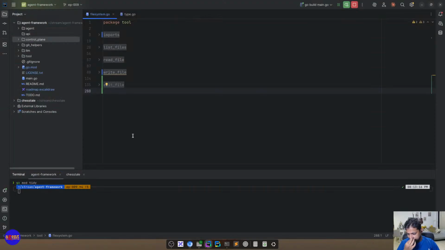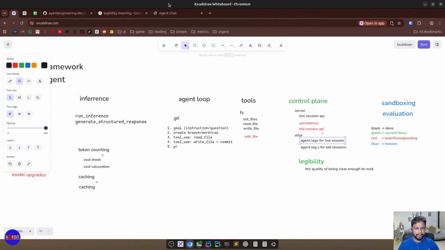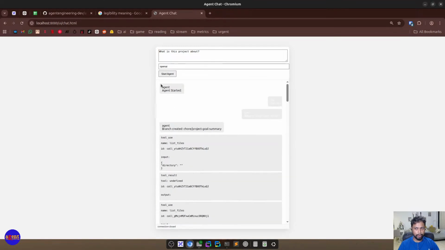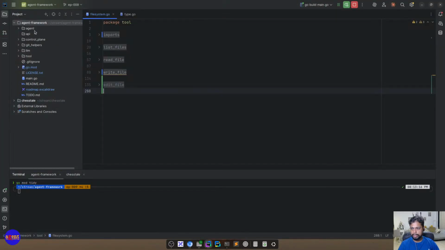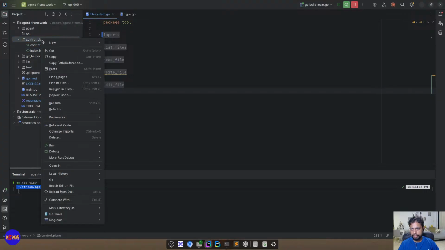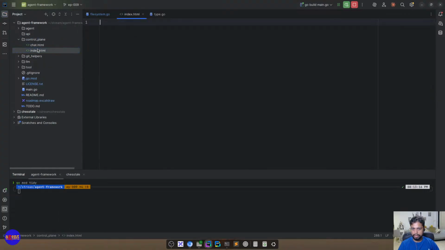So we will be building our agent so that for the project that we start the agent in, we have some details about it already present. And for now, to keep it simple, we'll start with the folder structure, right? That we will show in a new UI that we're going to build, right? So in control plane, let me start in index, right? And in index,